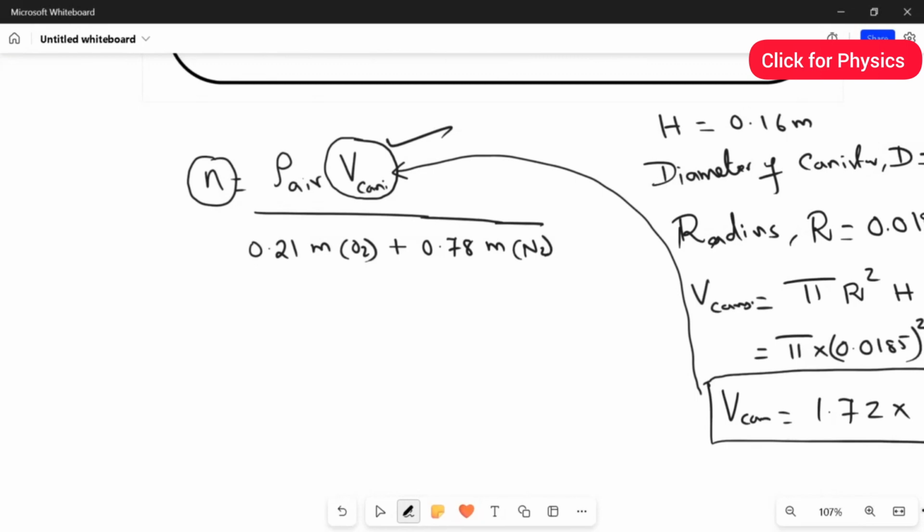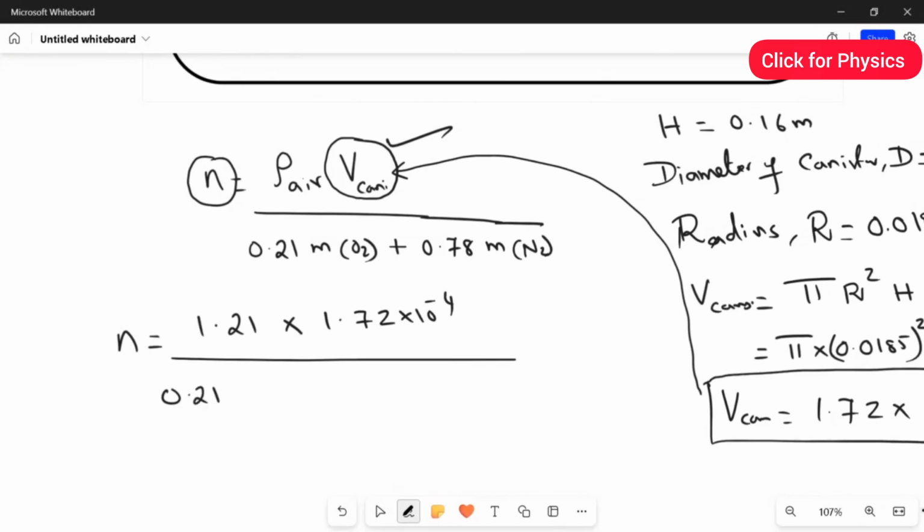And also we need the molecular mass of the oxygen. As we already know, the molecular mass of the oxygen is 32 gram per mole. So we have to convert that value to kilogram per mole. So if you substitute, what you will get, N, which is equal to the density of the air, which is a constant, 1.21, multiplied by 1.72 multiply 10 power minus 4, divided by the oxygen percentage 0.21 multiplied by the molecular mass of the oxygen, 32, so 0.032